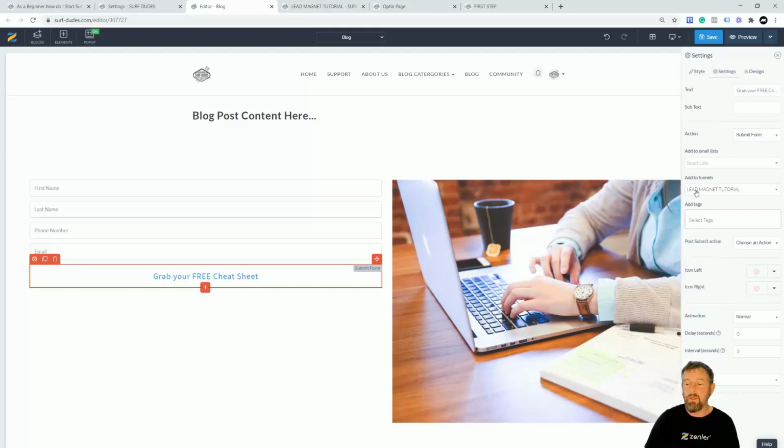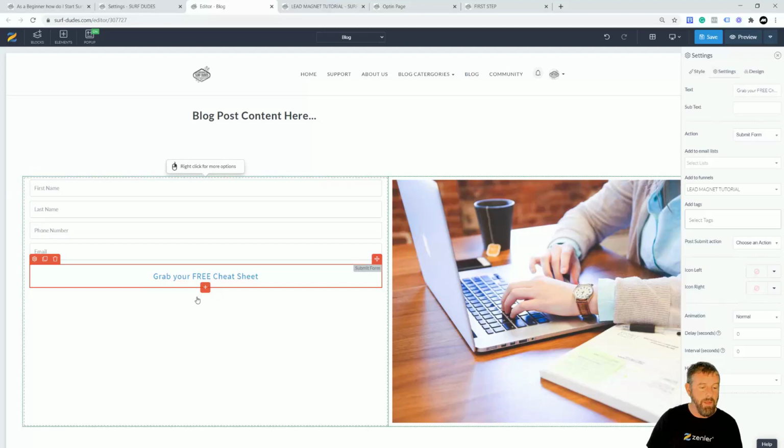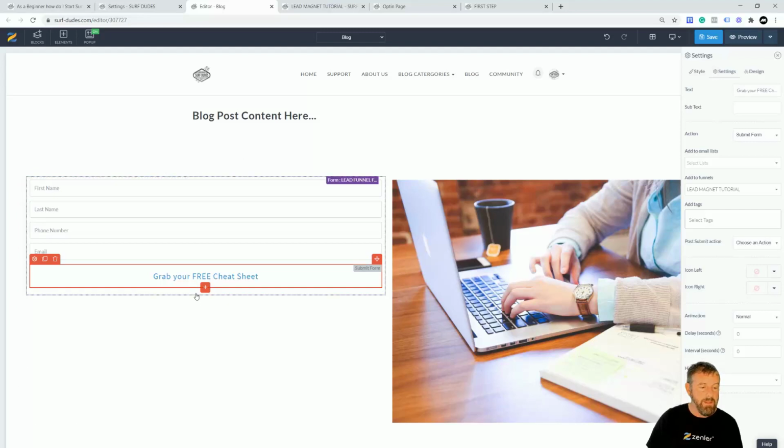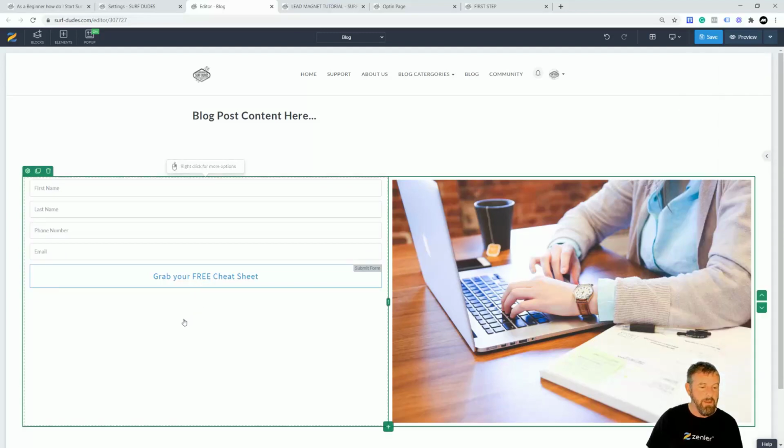The only thing I need to do is, once I've got these forms and fields all set up, make sure that when I do the submit button there, I add them to the funnel. That's all I need to do. So the next thing I need to do is just make this look a bit better. So all I'm going to do is add some nice stuff in the top. So let's